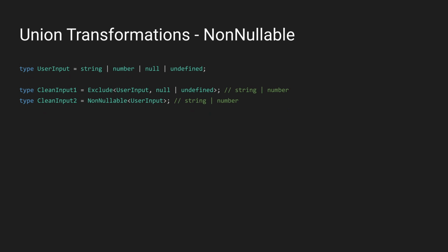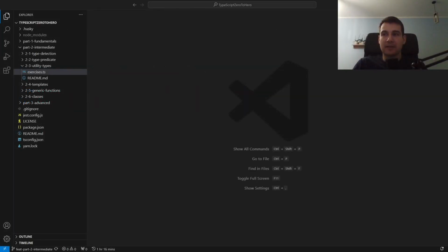Additionally, there is NonNullable, which excludes null and undefined from a passed union. This is the same as using Exclude with a null and undefined union as the second argument. Choose the one that feels more natural for you. Utility types make our codebase much more flexible in the future and easier to refactor, so let's go through the